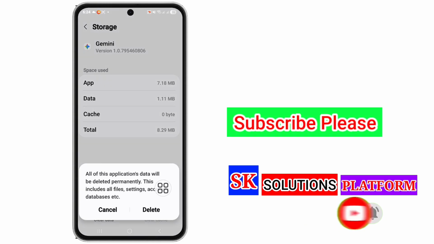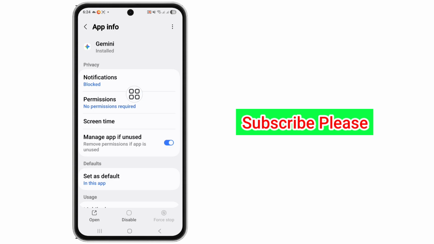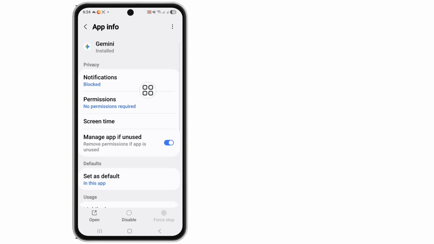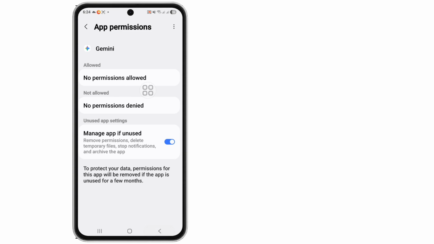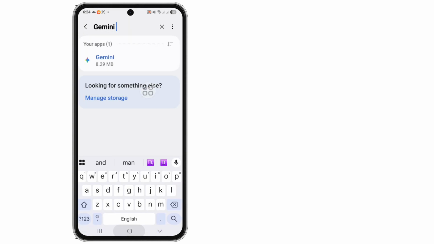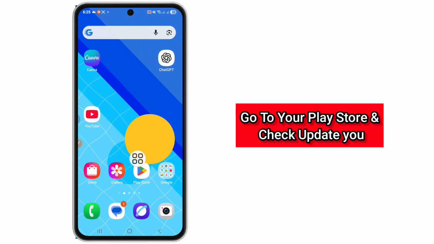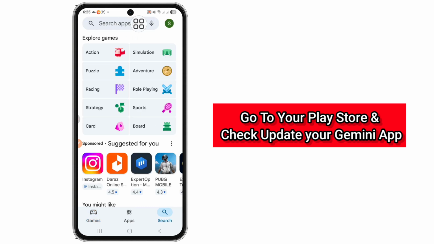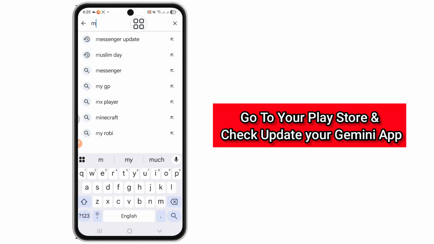Okay, go back, tap on permission option and allow all permission. Okay, go back and go to Google Play Store, tap on search bar, search Gemini,